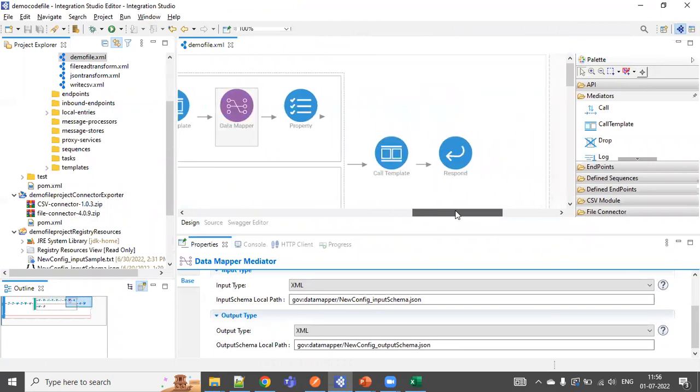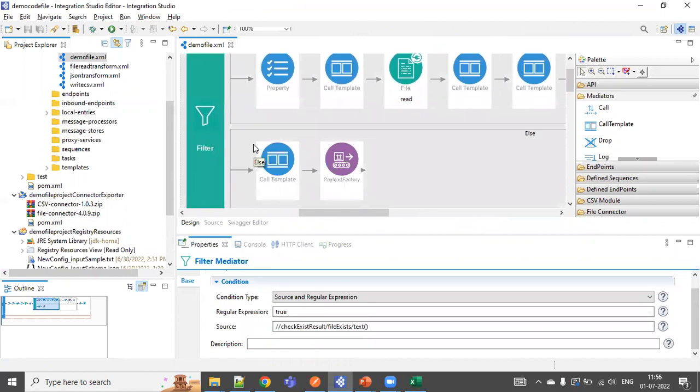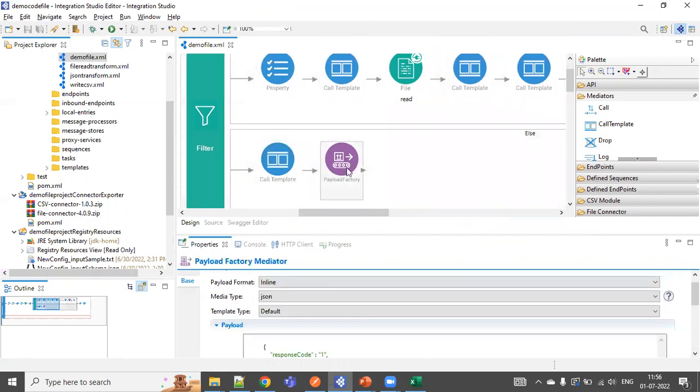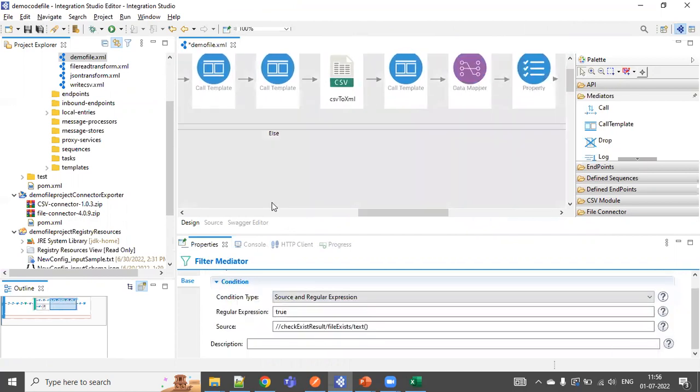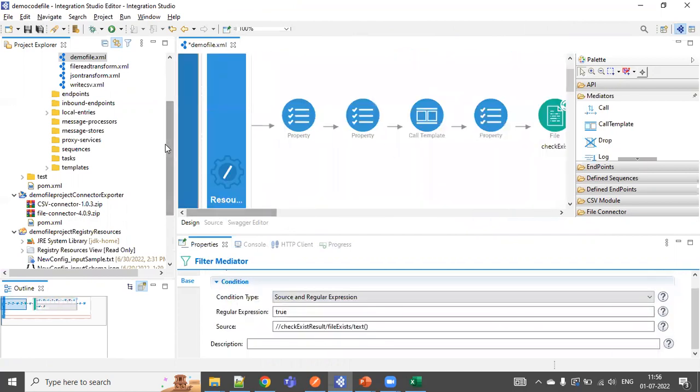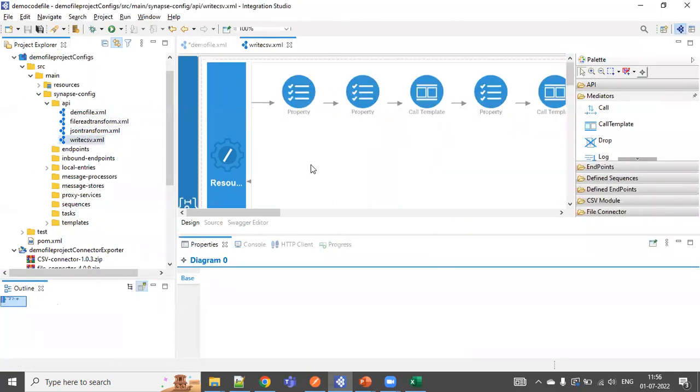We will be sending the response to this one, and we will be having the file condition, right? If the file exists, we will be sending the data. If the file doesn't exist, I'm sending the response as file not found. This is one implementation which I have done, and I will explain another implementation